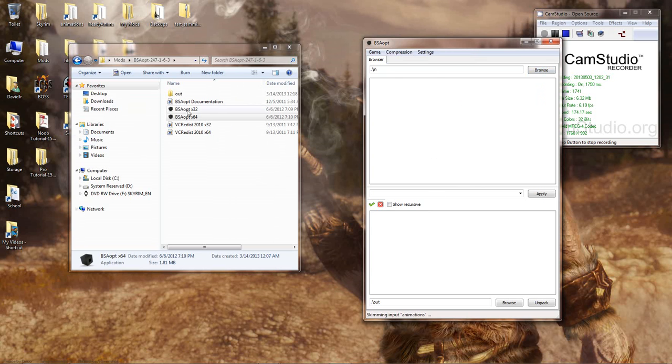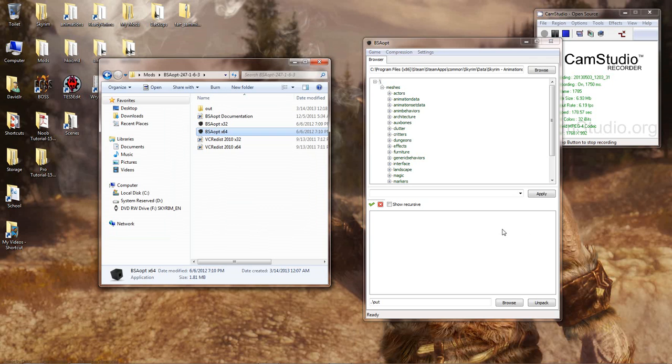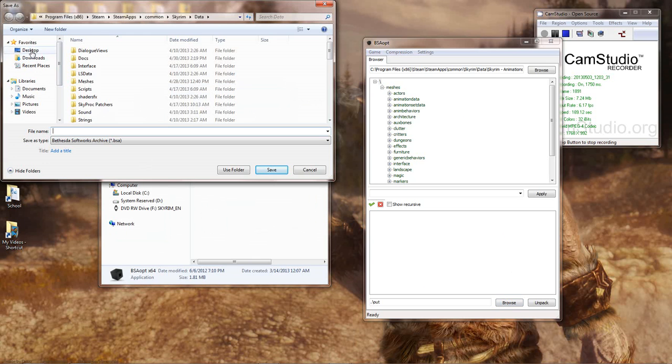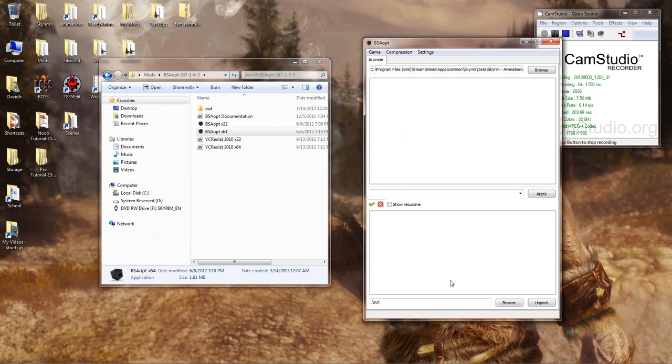Now I've already got everything extracted, so I'm not going to really do this. I'm just going to show you what buttons to click. I'm sure it's pretty self-explanatory, but just in case. Anyway, after it loads, you go down here, browse, and then this is your out folder. This is where it's going to extract. So pick whatever folder, say I want it to go to the storage folder. I haven't done this in a while, so if I'm a little inaccurate with my steps here, correct me in the comments. But go to storage, use folder, and then